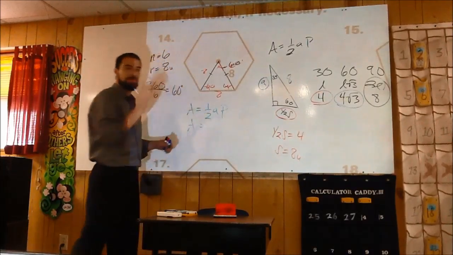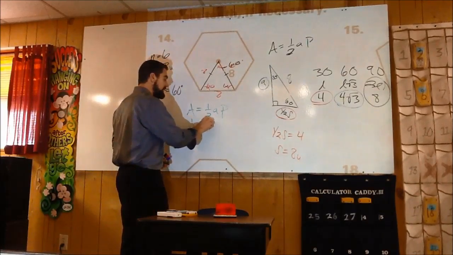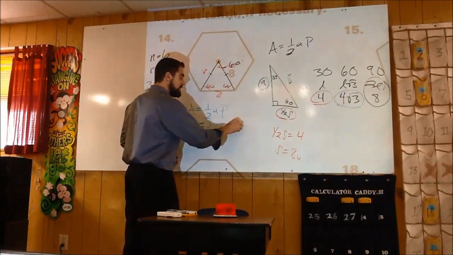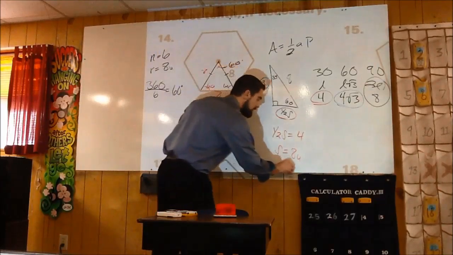I want you to write it first. Just like that. I want you to write it first. Then you can start plugging in stuff and simplifying it. Our apothem is 4 square roots of 3. Our perimeter is